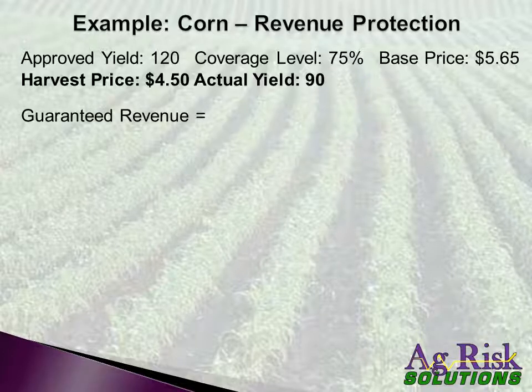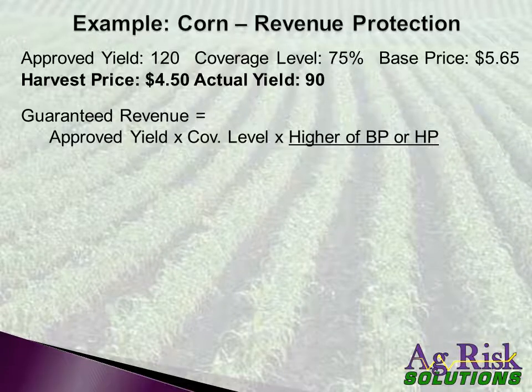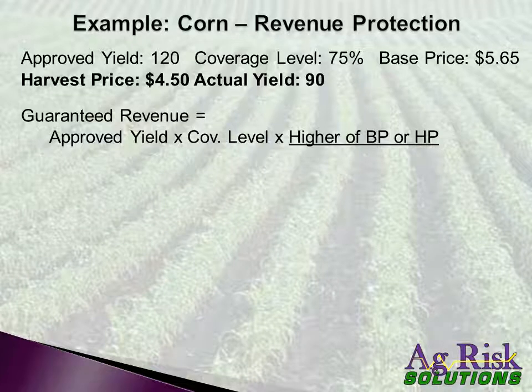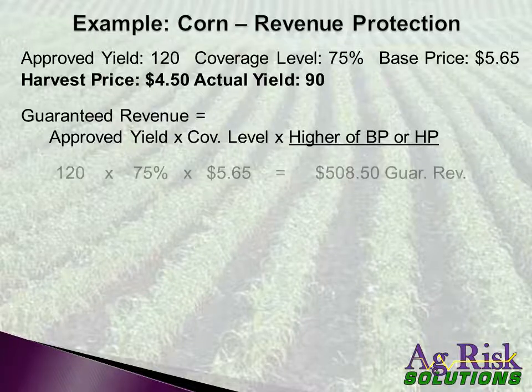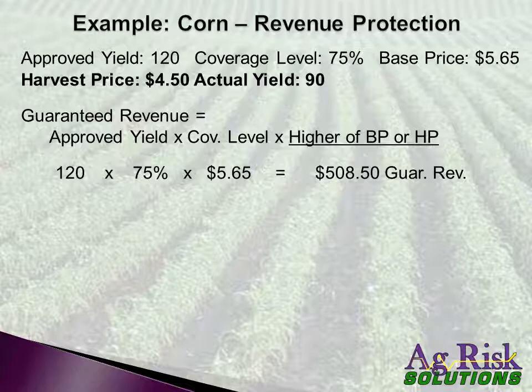So the way the revenue protection policy works is first we must calculate the guaranteed revenue per acre. And that is done by taking the approved yield times the coverage level times the higher of either the base price or the harvest price, whichever ends up being higher. So in this particular example, we're going to take 120 bushel per acre approved yield times the 75% coverage level times our 5.65 base price, since that is the higher of the two, and we come up with a guaranteed revenue of